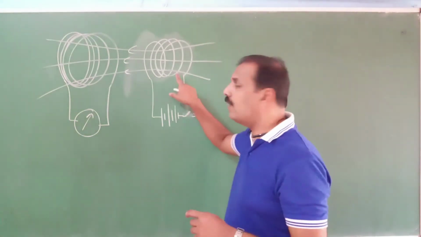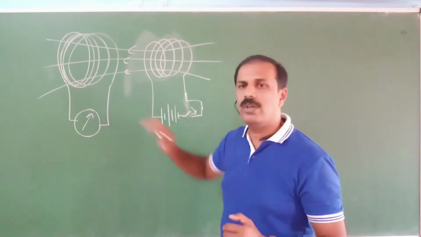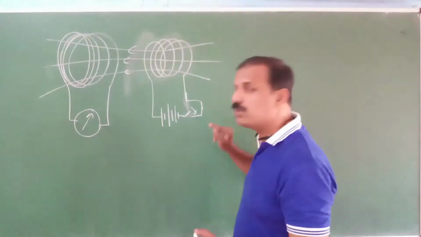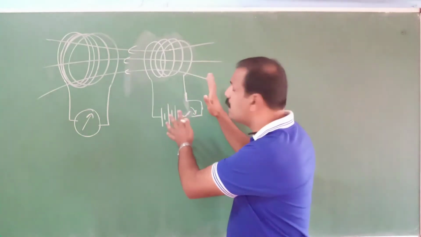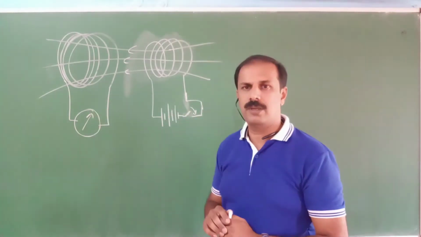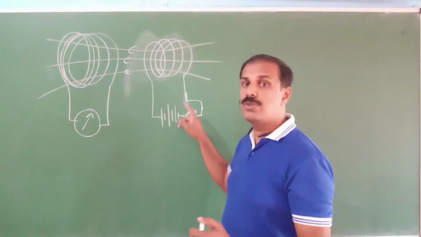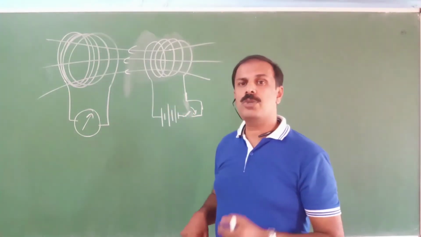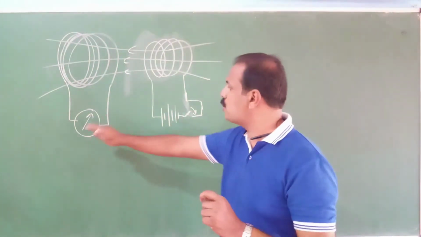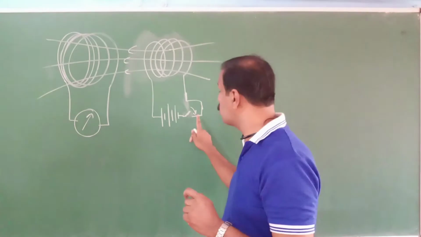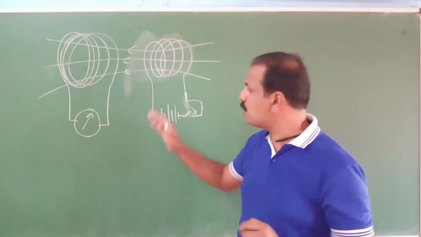But when a steady current is passing through this one, just like what we discussed in the previous case, it will not show any deflection. So at the time of switching on, this will show a deflection. Afterwards, when you keep it switched on, it will not show any deflection. Similarly, when you switch off this one, that time also it will show a deflection, but there is a small difference. When you switch on, if it is showing deflection toward this side, when you switch off, it will show a deflection towards the opposite side. So there is a small difference in that.